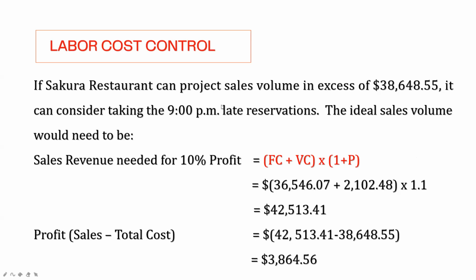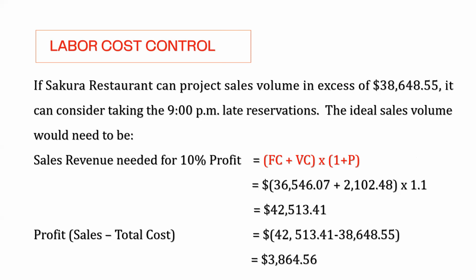Remember you want the 10% profit. So the sales revenue needed for profit would be the fixed cost plus the variable cost times 1 plus profit. The reason I put 1 there is because you need the full revenue and not just the profit amount. If I had just P there, you would just get what the profit would be and not what the total